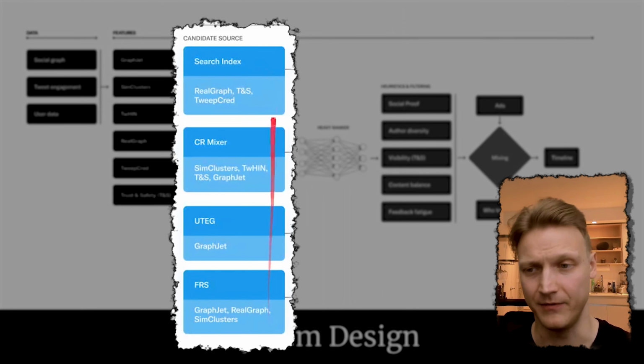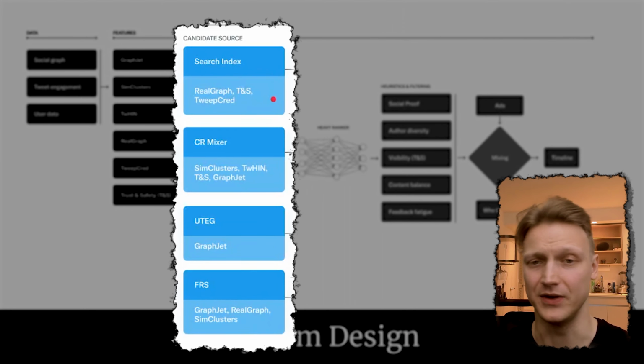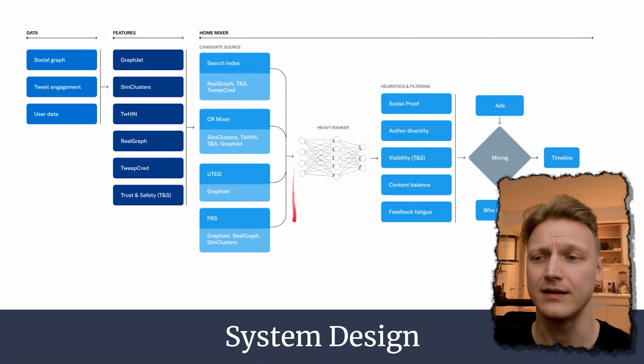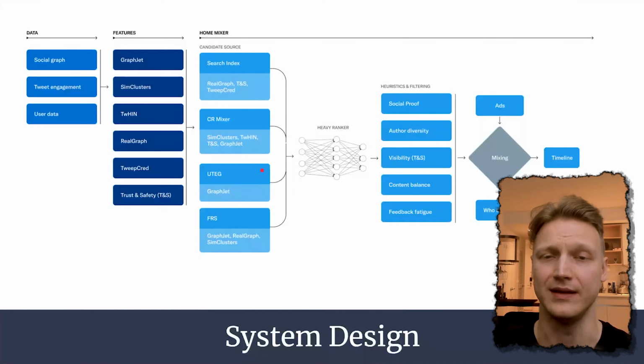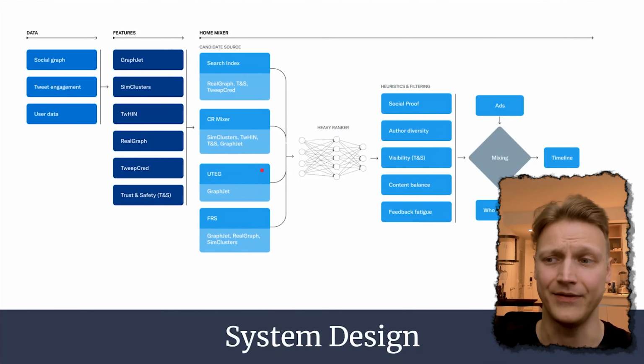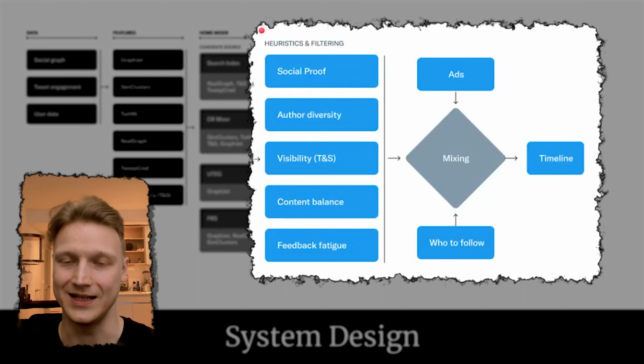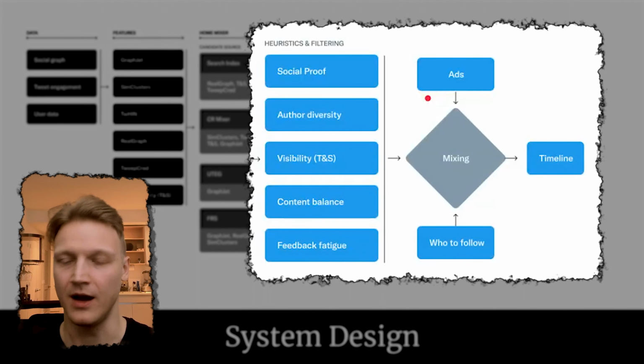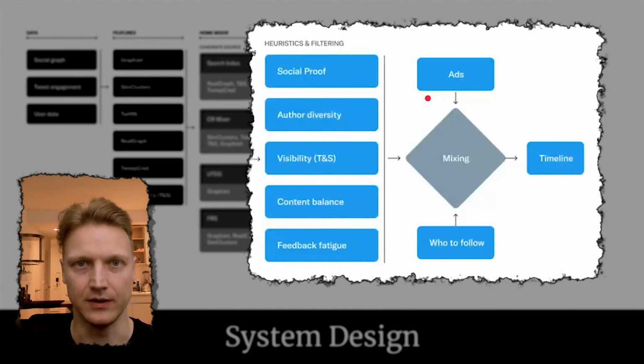And there are a couple of them for different purposes. For search, for tweet recommendations, for people recommendations who you want to follow, okay? They take this clean data through the neural network, they call it the heavy ranker, to give it a rank, to basically sort it based on the highest probability of engagement activities you're going to do, right? They apply some heuristics and filtering rules as we discussed, and they mix it up with ads and other things to finally feed you in the timeline.